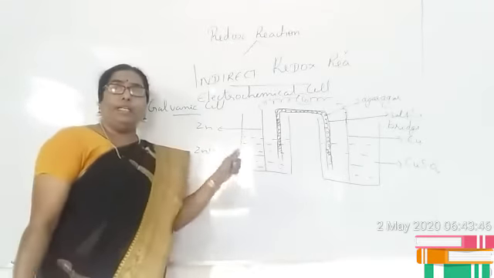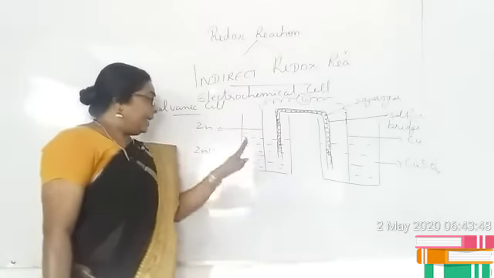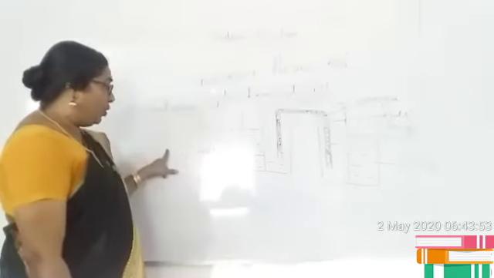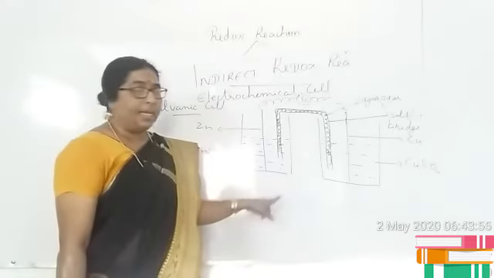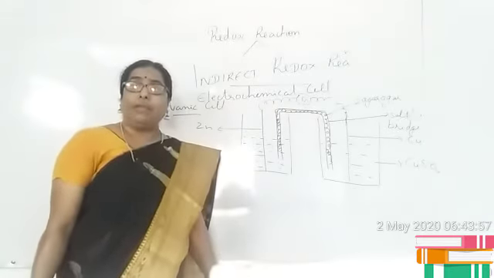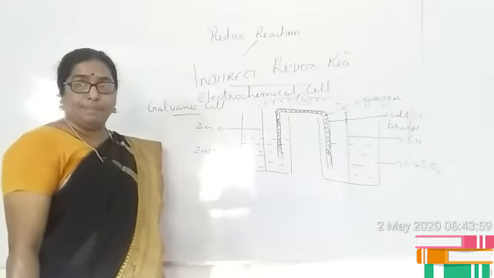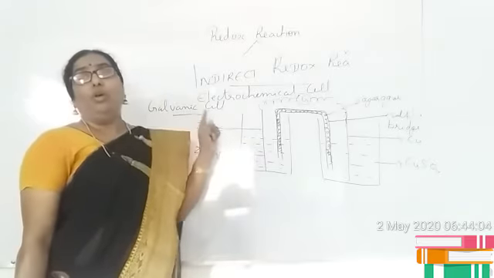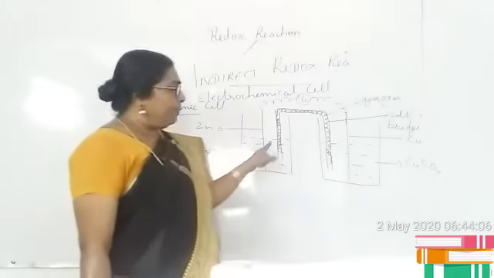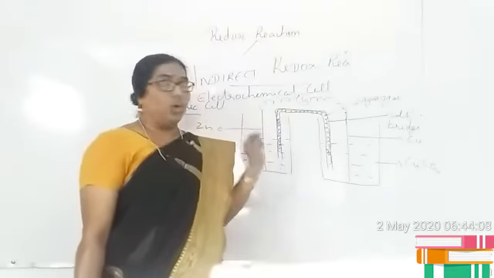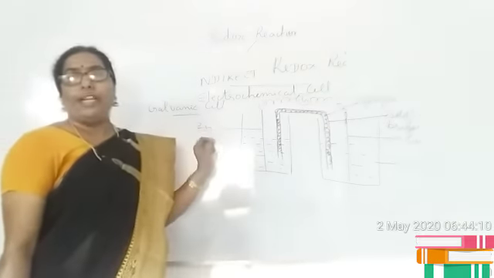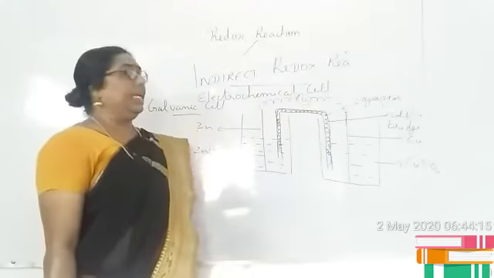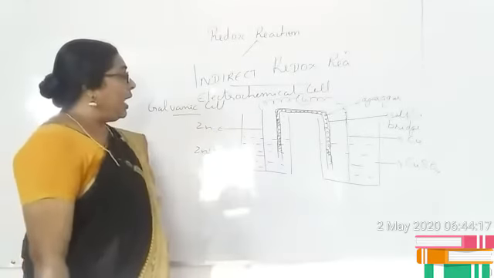Is it clear the parts of electrochemical cell? It consists of two beakers. One beaker contains zinc sulfate solution and a zinc rod is dipped in that. Other beaker contains copper sulfate solution and a copper rod is dipped there. These rods are connected to a galvanometer with the help of copper wire. A U-shaped glass tube, which is termed as salt bridge, is filled with a paste of any inert electrolyte, which is made into paste with the help of gelatin or agar-agar.